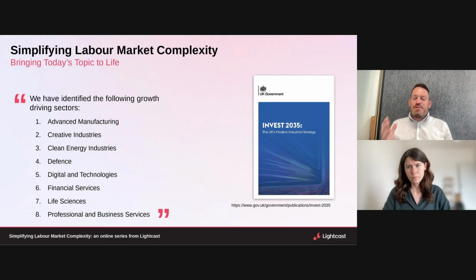But I think that actually frames really nicely the question of why we need taxonomies. What role do taxonomies play in all of this, and why do we need them? And that's where we need clever people like Eleanor to help explain as we work through. So I'm going to pose that question to you, Eleanor. What does a taxonomy have to do with this? And I think the exciting thing is we're actually going to share a few examples, aren't we, and real cases in our data that are corralled around some of these topics.